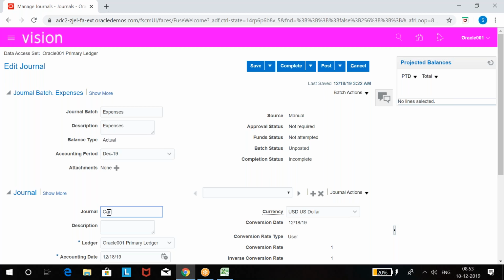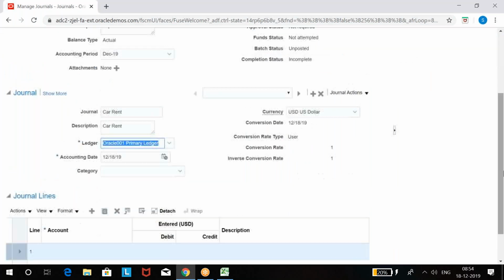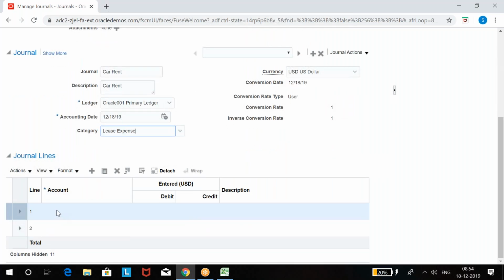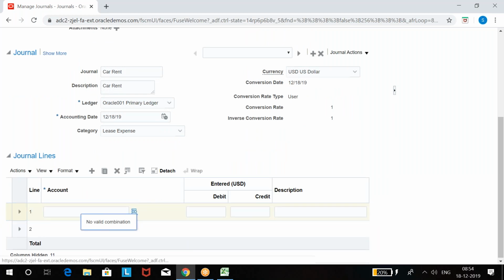Let's say car rent. Okay. Select car rent account here.